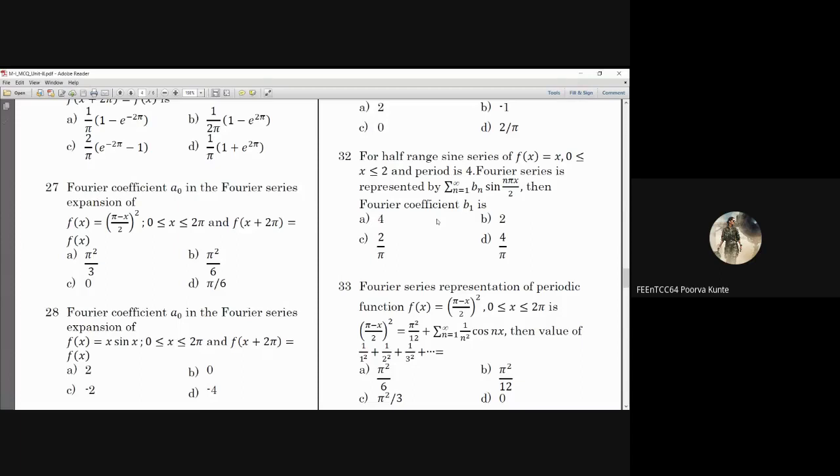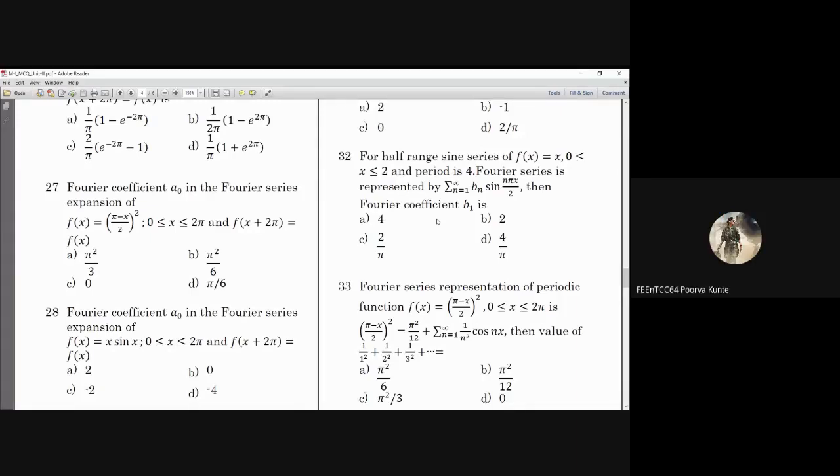मैम एक डाउट है मुझे. पूछो ना. मैम वो जो आपने एग्जाम थी उसमें लिमिट क्या डालनी थी एक्चुअली? मैम लिमिट जैसे आपने पीरियड दिया था कुछ, तो 2L इज इक्वल टू पीरियड ऐसे इक्वेट करना था कि डायरेक्ट लिमिट डालना था? हाफ रेंज के लिए आपको डायरेक्टली L इज इक्वल टू अपर लिमिट लेना था.